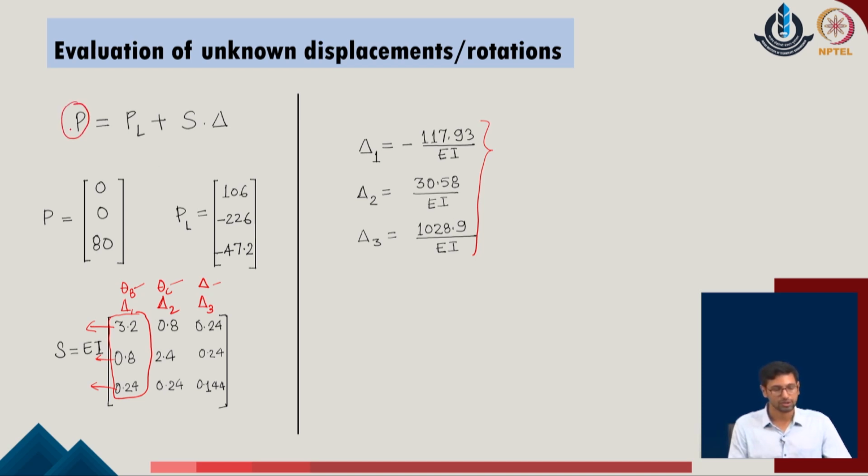Knowing these values, one can now easily move ahead and define the condition of equilibrium. While defining this condition of equilibrium, we have gone back to the given problem and realized that at the basic starting problem, we had one force active in the horizontal direction. Other than the concentrated forces, there was one load of 80 kilonewton active in this direction. There was no direct moment active at this joint. So, we have considered that the moment with respect to M of B and M of C are both 0, and only with respect to the delta direction we have a net force of 80 kilonewton.